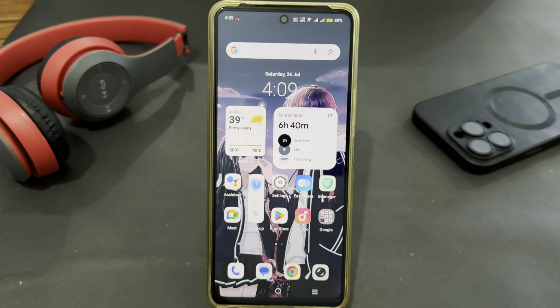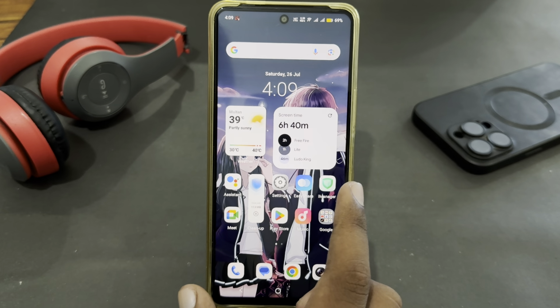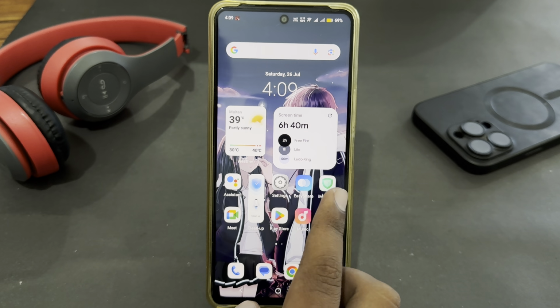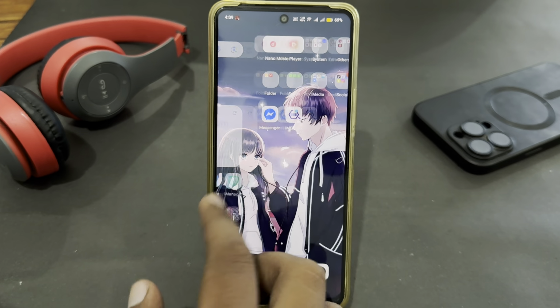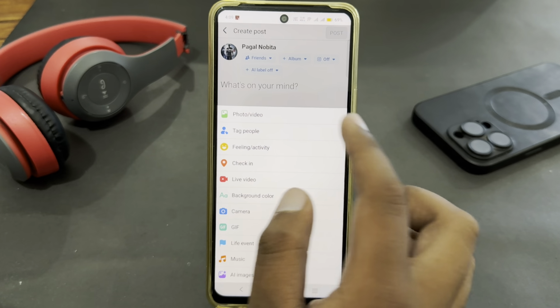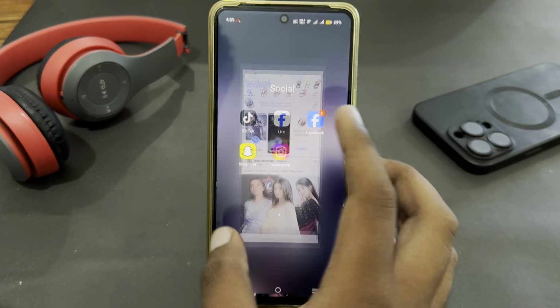So today I'm going to tell you how to add music to a Facebook post. If you're using Facebook and you want to add music to your Facebook post, let's see how you can do this. You just have to open your Facebook app, and here just select the post section,